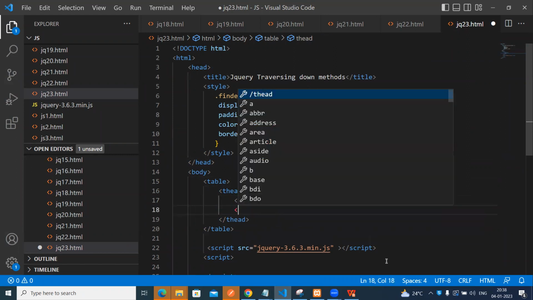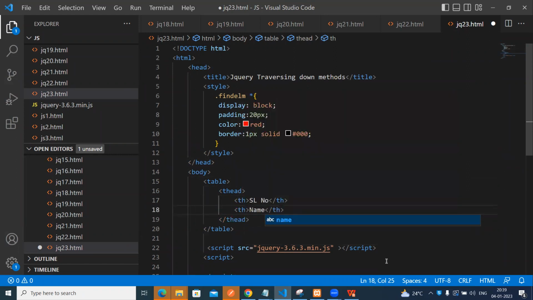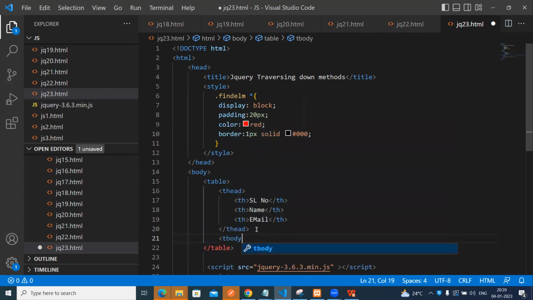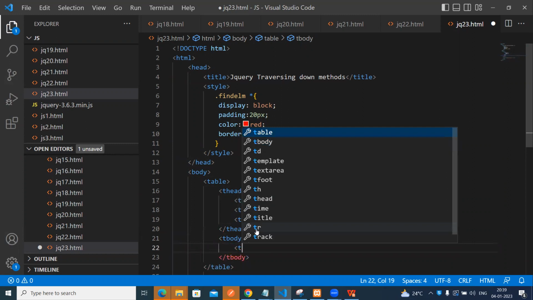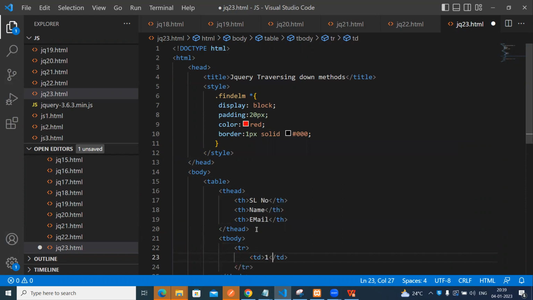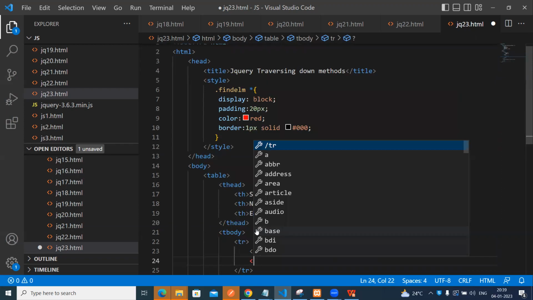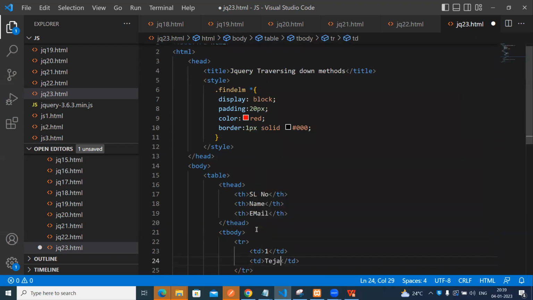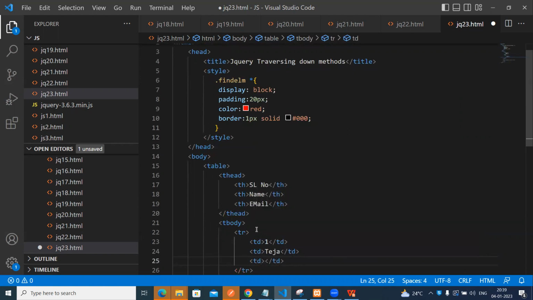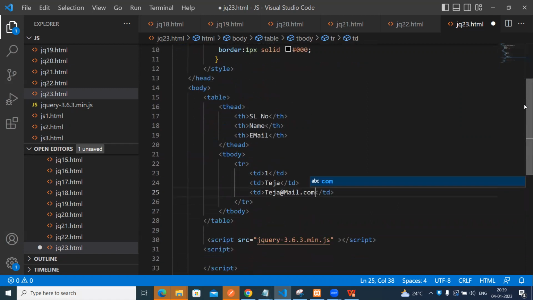The next one, th name. Next one, th email. Then after th we have the tbody. Then tr, here td serial number one. Then we have a name, td teja. Then mail is td teja at mail.com. Okay, same thing, we are having multiple